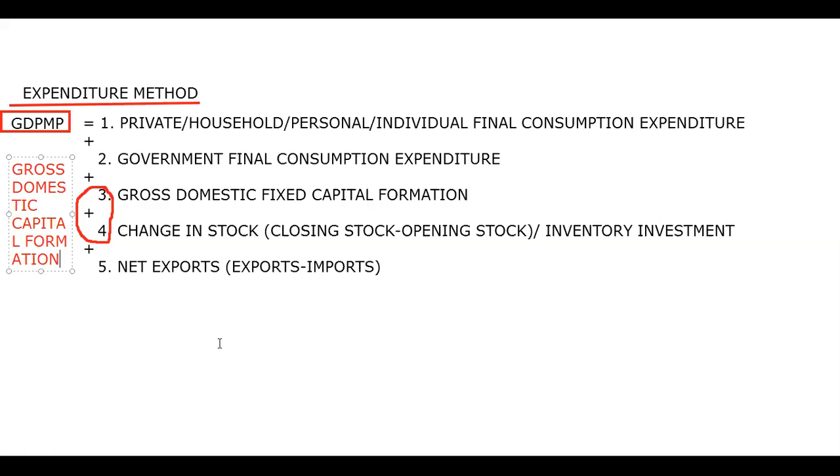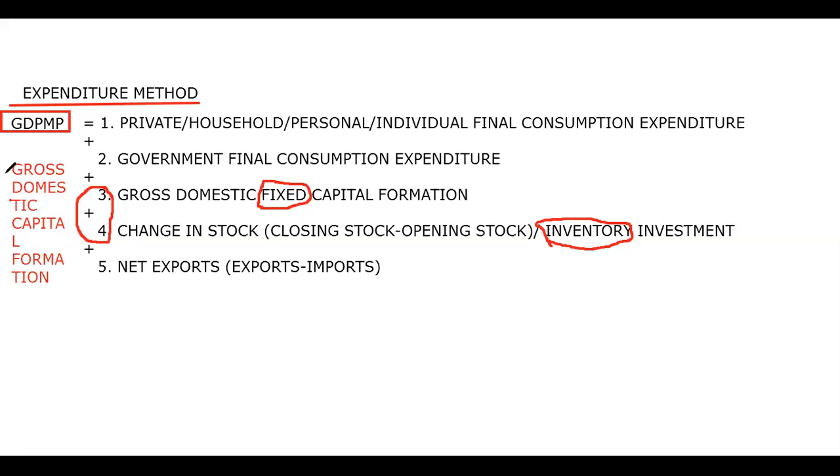Then I'll simply say, देखो जी, here the importance was given to the fixed word, because here it was the expenditure of firms on fixed asset, and here the main expenditure of firms is on current asset inventory. But when I add up these two elements, third and fourth together, I get the total expenditure, gross domestic capital formation, which means the fixed word is automatically removed, and it becomes the total expenditure of firms. And total expenditure means it is inclusive of fixed as well as the current investment. All right. So this is gross domestic capital formation.